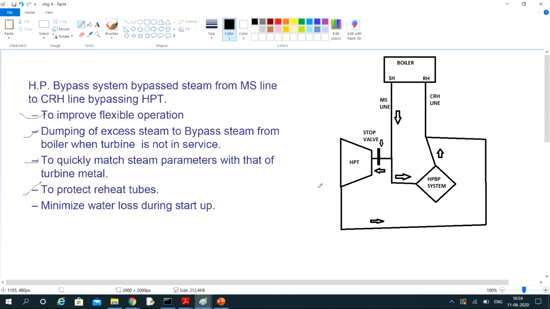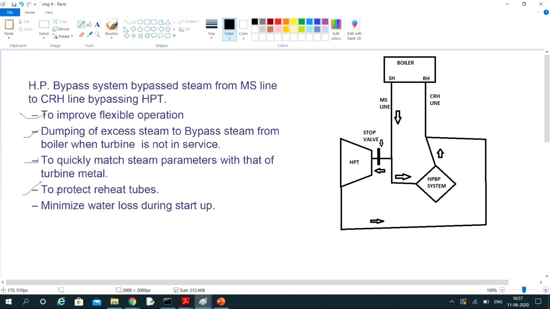As the boiler is lighted up and we are getting heat, the reheater tubes are also getting heated. If the reheater tubes get heated more than the maximum limit, they can starve due to the excess heat, because the steam acts as a cooling agent for the tubes. If there is no steam flow, the temperature can lead to the failure of the reheater tubes.